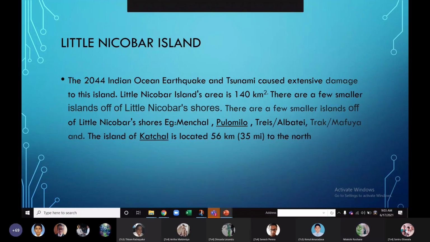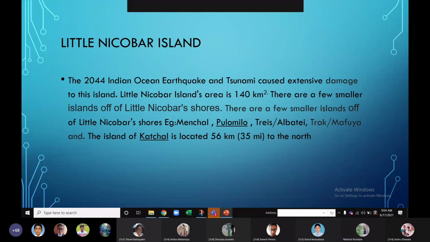So now I'm going to tell you about some important facts about Nicobar and Andaman Islands. The names of Andaman and Nicobar are taken from the Malay language. In these islands, they speak most widely Andamanese or Nicobarese languages. And the Kajal Island received the first sunrise of the millennium.